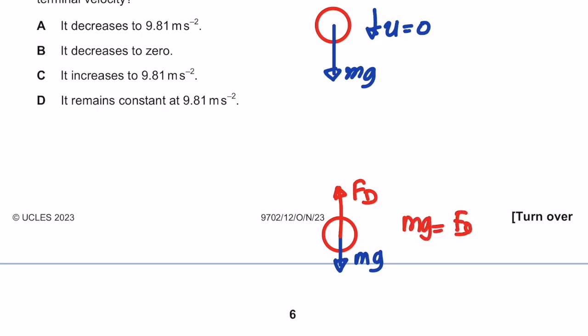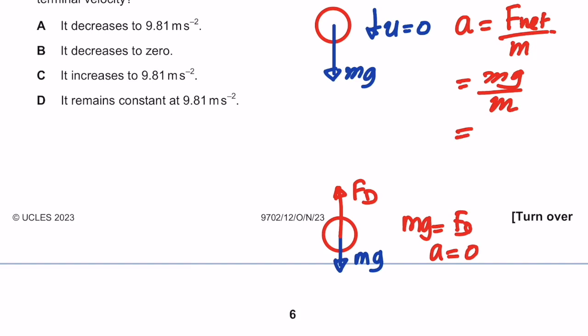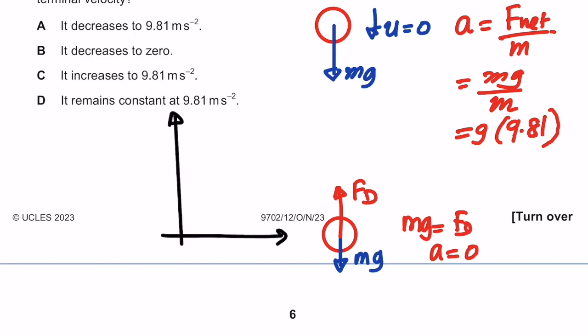So at the end, acceleration is obviously 0 because there is no net force, Newton's first law. Similarly, at the beginning, acceleration is net force divided by mass, right? So the force here is mg divided by m. You will get g, or 9.81. So if you start with 9.81 and it comes to 0, it means obviously your acceleration